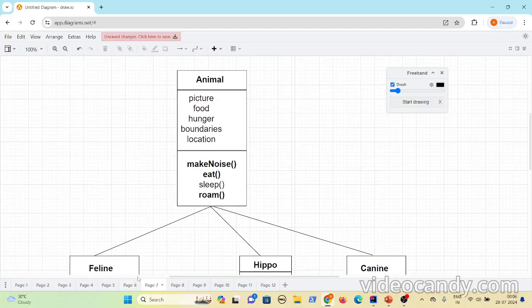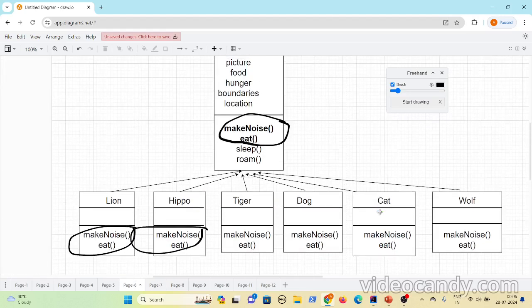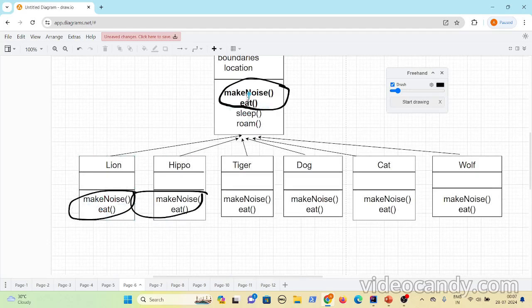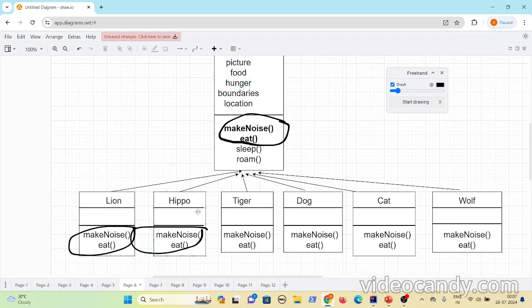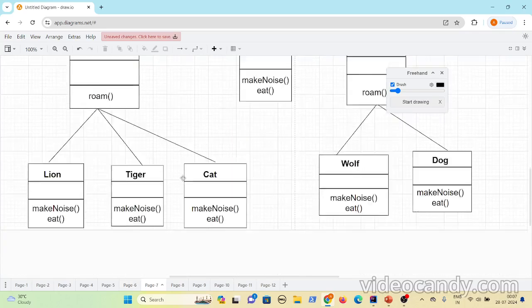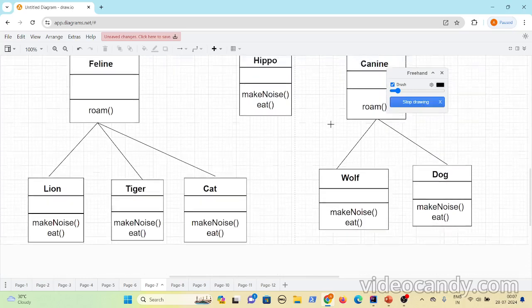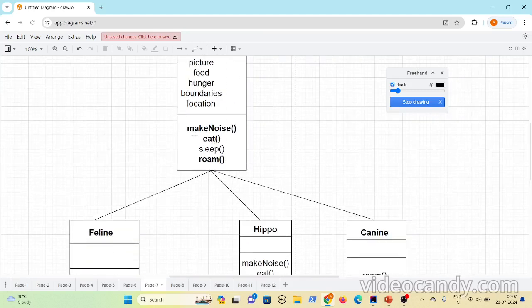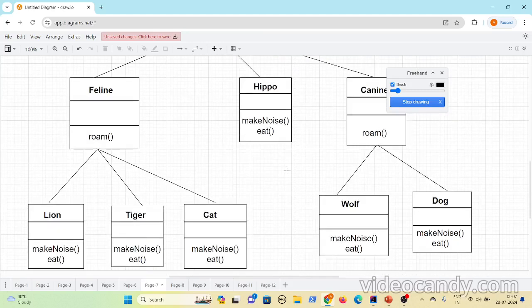Now let's see, this is one example which we have already discussed. If your subclasses have their own specific implementation, put it here. And when the JVM invokes it, it invokes this make noise method instead of the superclass one. Okay. Now let's see this particular diagram. There is this roam method, right? Make noise method and the eat method, anyway the implementation is different for different categories, and you have written it.